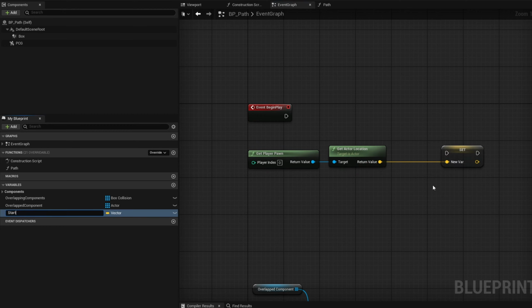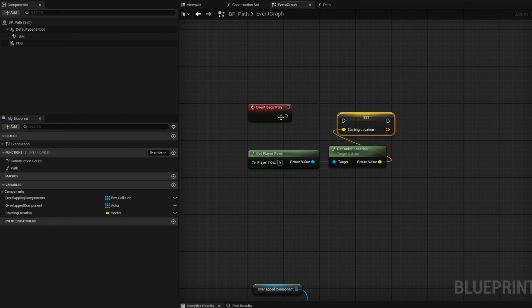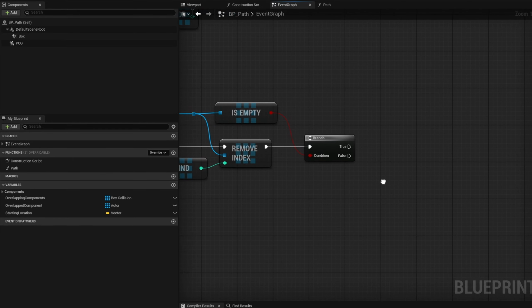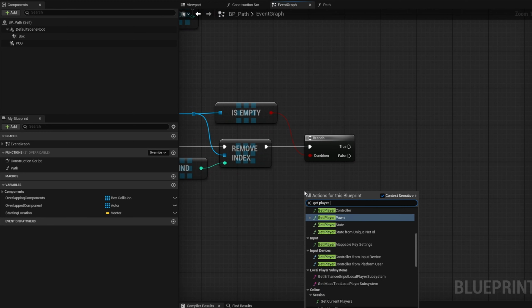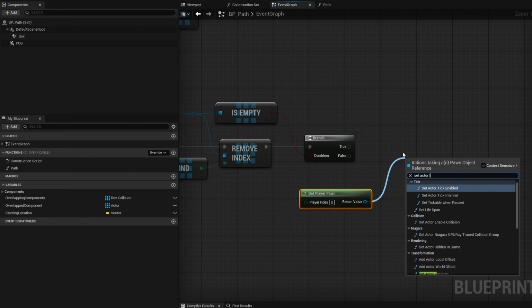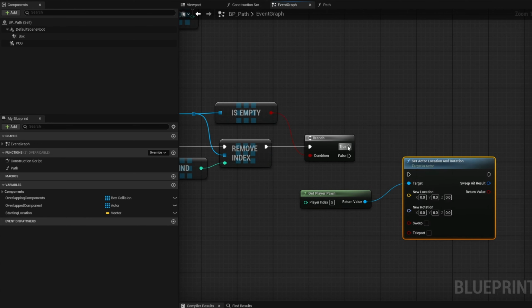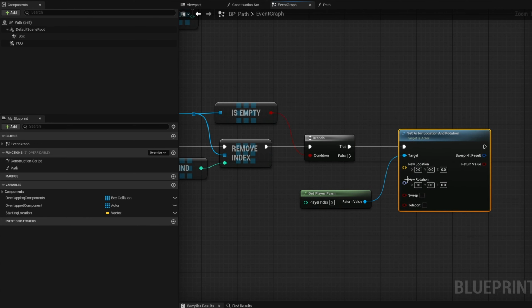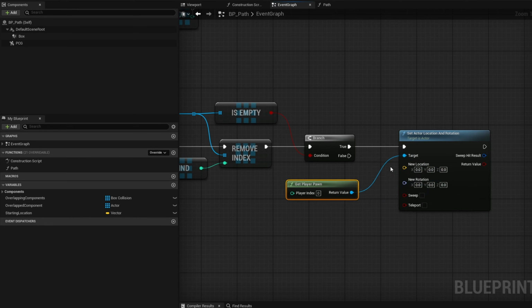And this is going to be our starting location, and we're going to set that at the very beginning. And now on true, when it is empty, I'm going to right click and search for get player pawn one more time. And this time I'm going to do a set actor location and rotation, because I want to also reset the rotation back to 0, 0, 0, facing forward where he was originally,